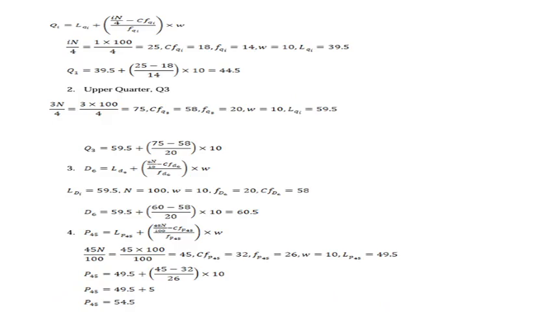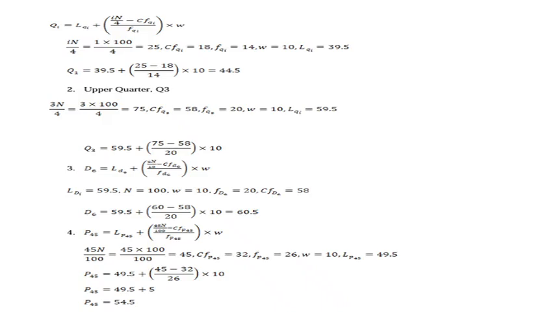Then we put our formula here, for the quartile. The first quartile will be LQI plus n over 4 minus the cumulative frequency before the quartile class, over the frequency of the quartile class, times the class width, or class size. We say n over 4 is equal to 1 times 100 over 4, which is 25, because our total cumulative frequency is 100.